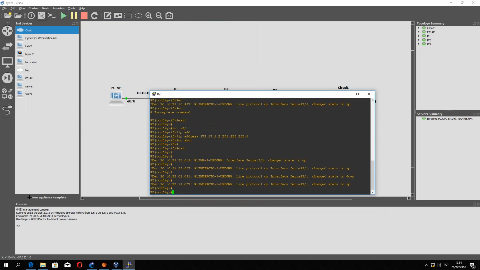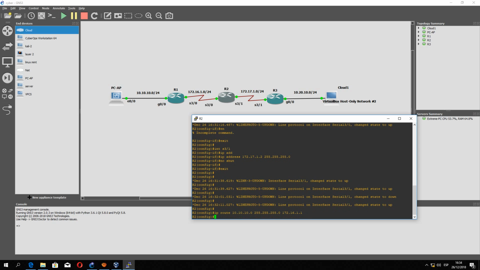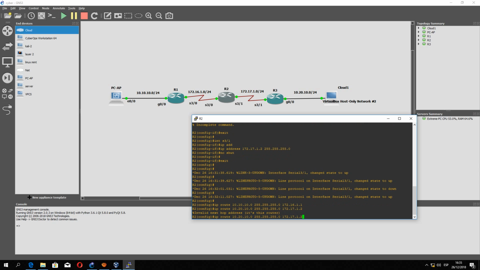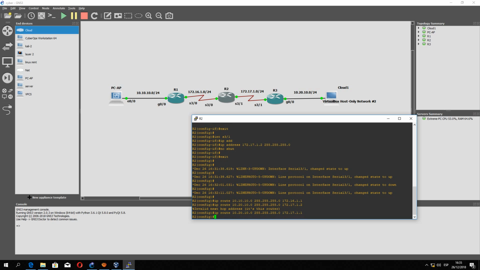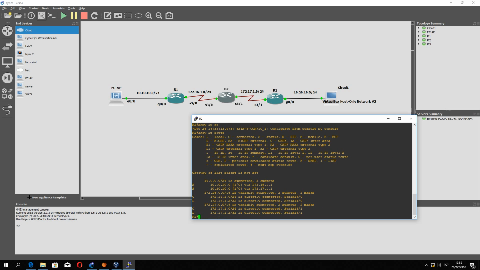Now this router 2 will know the 10.10.10 network via 172.16.1.1, and will know the 10.20.10.0 via 172.17.1.2, 1.1, sorry. Okay, show IP route. We have the two static routes right here on R2,